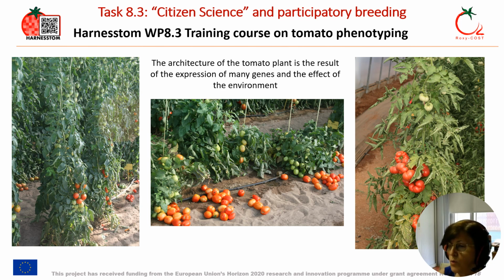In this video, we will learn how to phenotype the main characteristics of the plant. Basically, we will focus on the presence of anthocyanins on the plant, the growth type, the length of internode, and the plant age. Not all these traits will be evaluated in the phenotyping trial. This will be indicated in each slide.